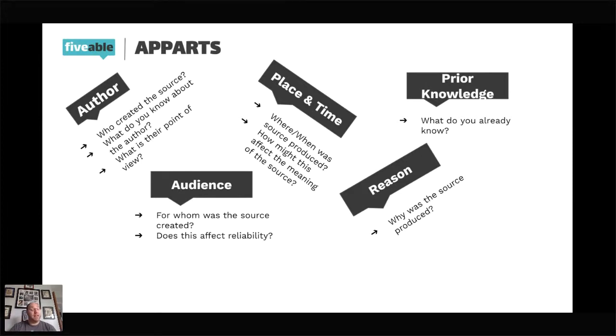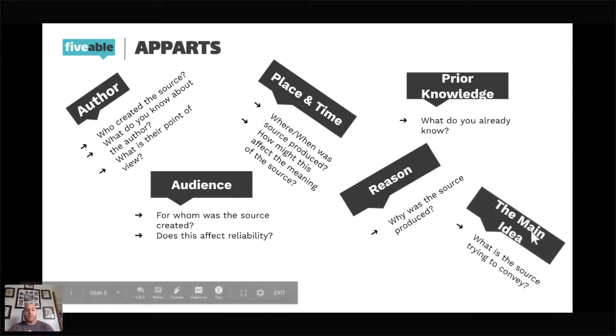Okay, in art it's the same thing here, because art does count as a source. The production of art shows wealth and power and prestige. So why would they produce one type of art and not another? Those are the types of questions you're looking at for the reason. And then you have your last two parts.